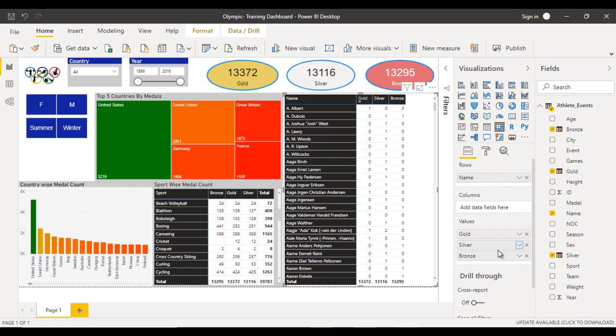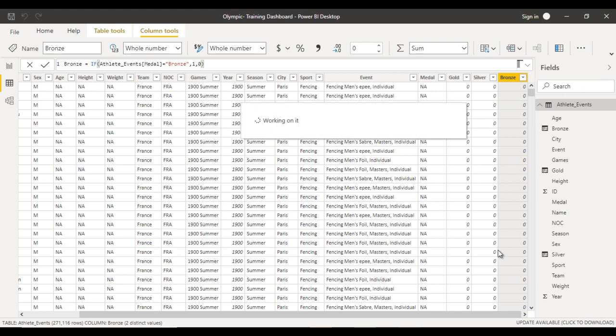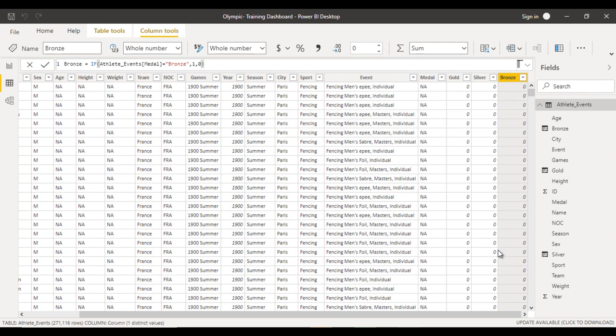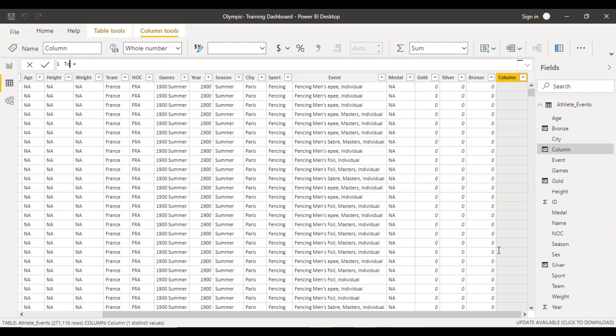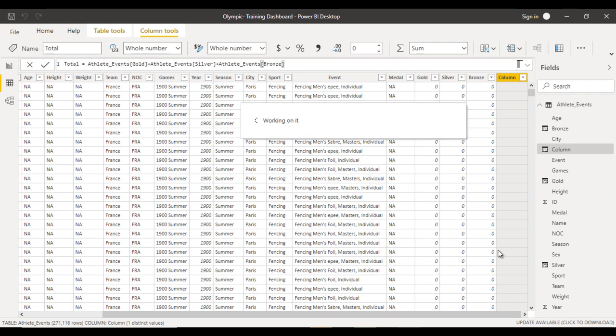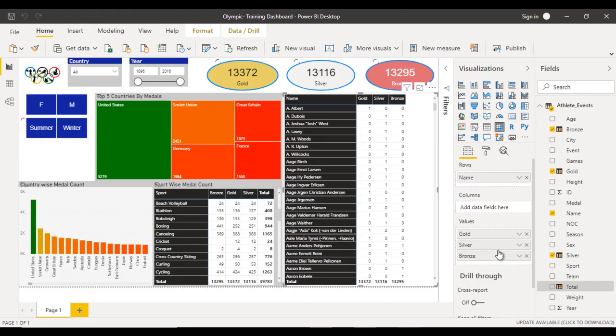What will be the total, like gold plus silver plus bronze? So how can we do that? Go to the data again, and here let me add one more column, and this time we need to add gold, silver and bronze values in that column, and that will be the total medals. So let me call this total, and it will add gold, silver and bronze. We can press enter, so that column will be here. Now go to the report view